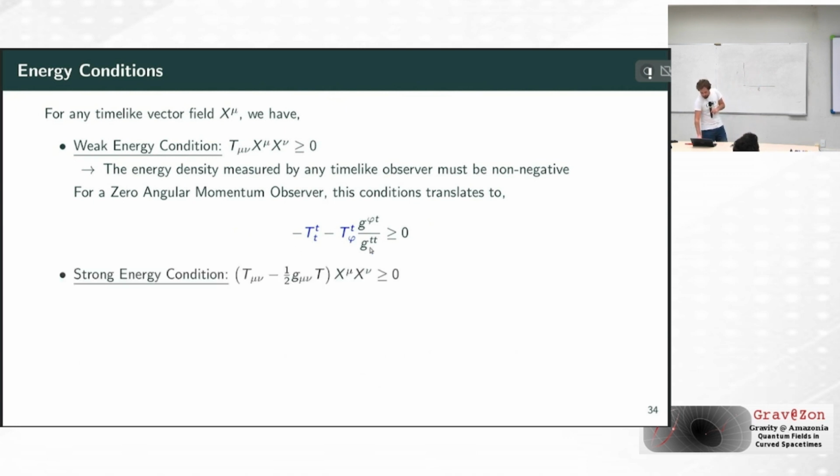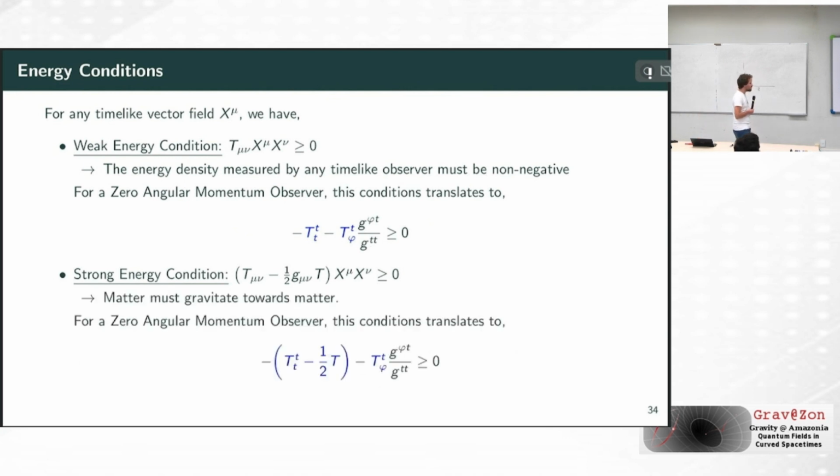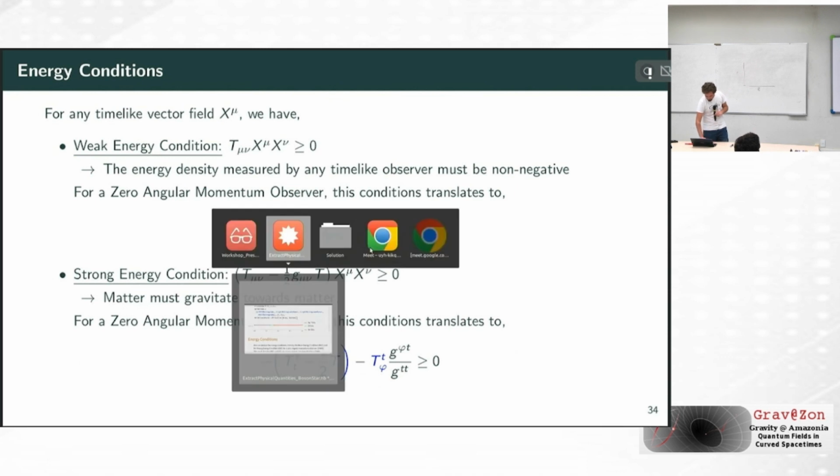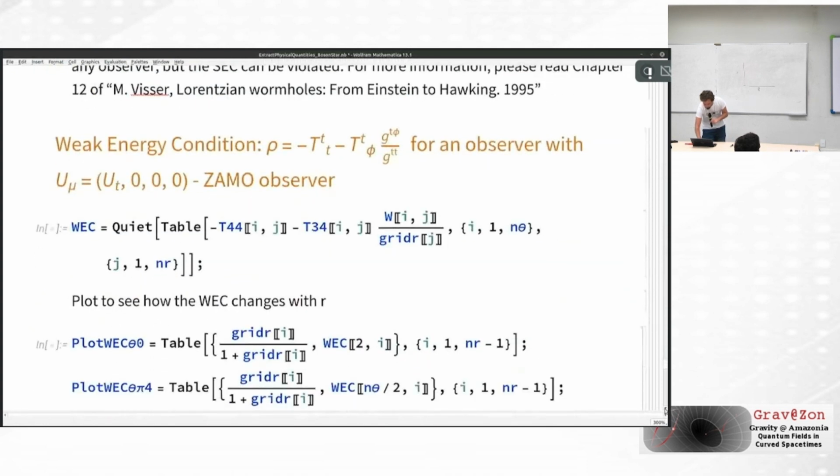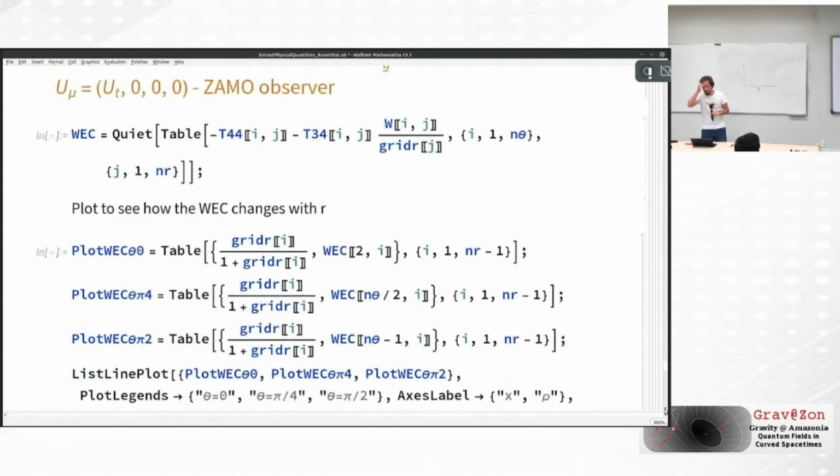And then you can also look, for example, at the strong energy condition. For the zero angular momentum observer, that equation must also always be non-negative. So you can do this, and in this case, I don't believe any of these quantities are violated. But for example, for axionic boson stars with a decay constant small enough, you start to have different types of behaviors, and the strong energy condition can indeed be violated